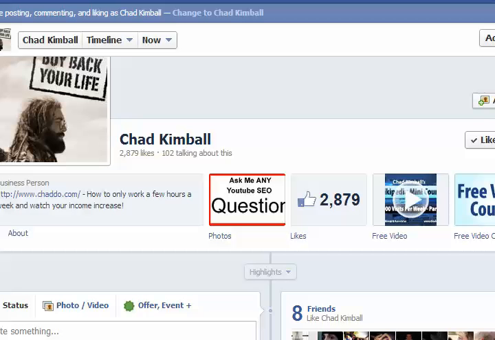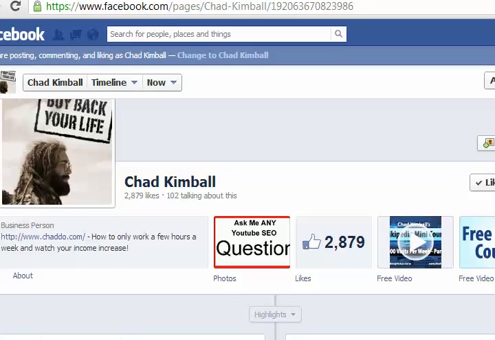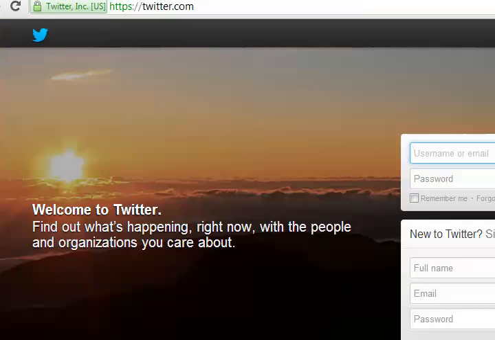You also need to embed it or just link to it from a Facebook page, but it needs to be a public Facebook page like this one that I'm showing you here. This is my business Facebook page. It's not private. In other words, you don't have to be logged into Facebook to see the content of this page. If it's a private personal Facebook page that you have to be logged in to see, that's not going to do you much good as far as ranking on YouTube. But you need to show some external social activity like Pinterest, Facebook, Twitter. Those are the big 3.